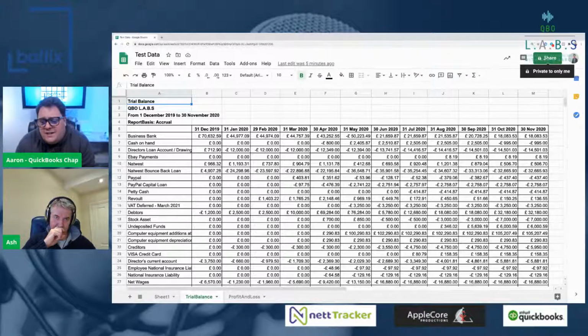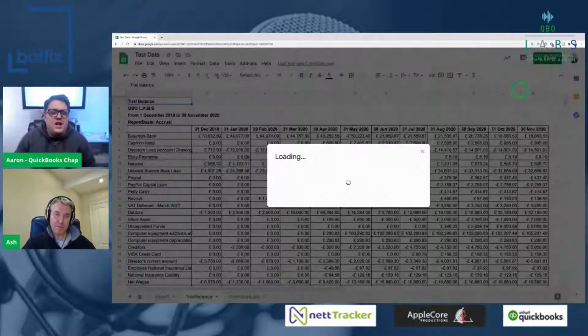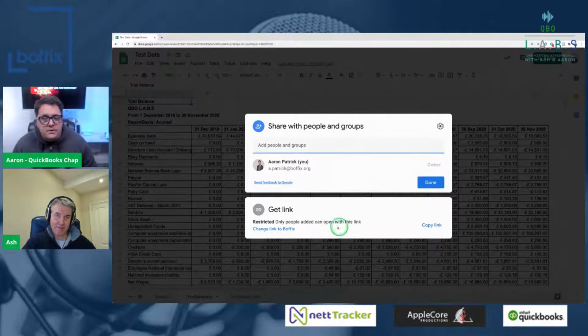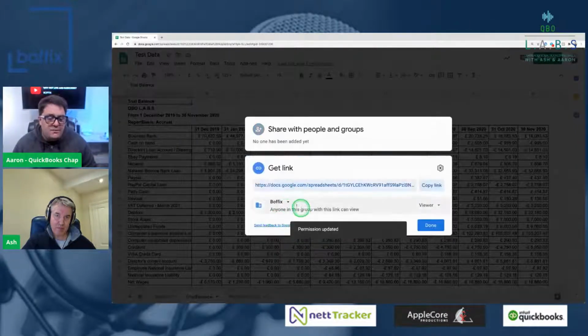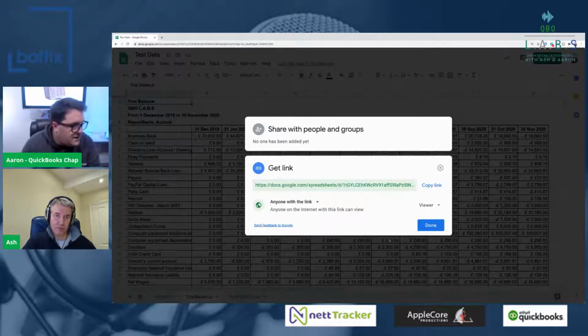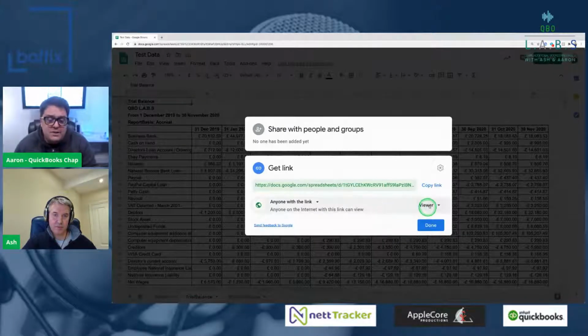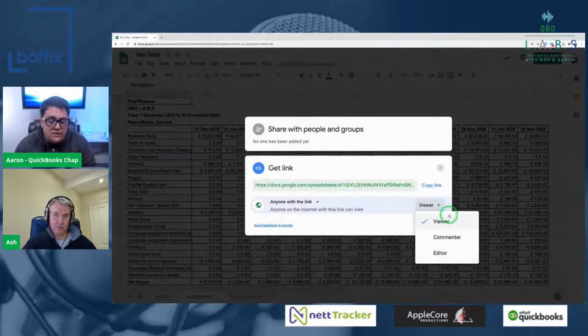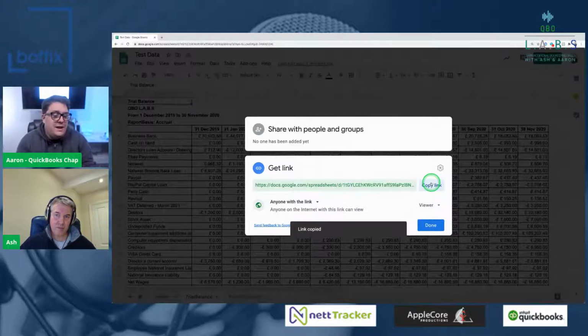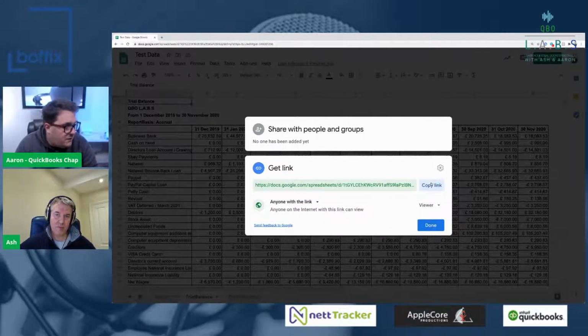Because it is effectively just a cloud-based solution, like QuickBooks, it's all in a browser. Up here, you have the option to share. Mine's a little bit more restricted because I've got what's called a commercial license as opposed to a personal license. But I can just change it so that anyone, anywhere, can access it, not just people within the Bofix organization. Then it's as simple as choosing how much access they get. Can they comment on it? Can they edit it? What their rights are, basically. You copy the link and it's over to them and they can open it up on their side.